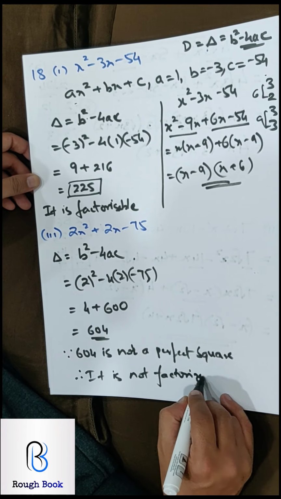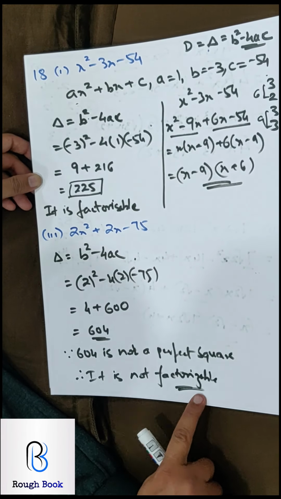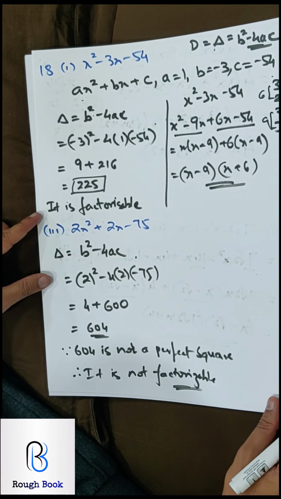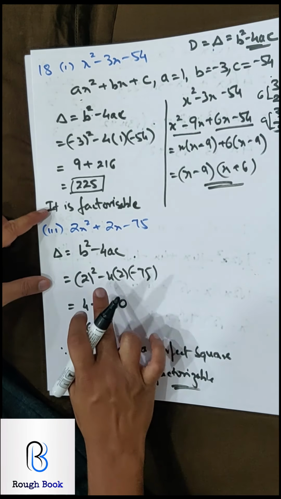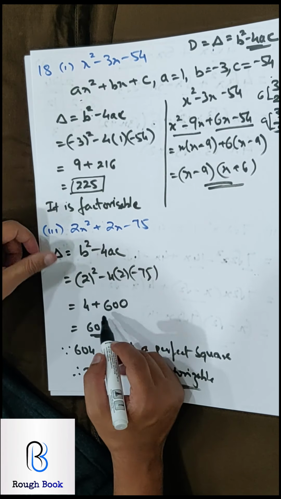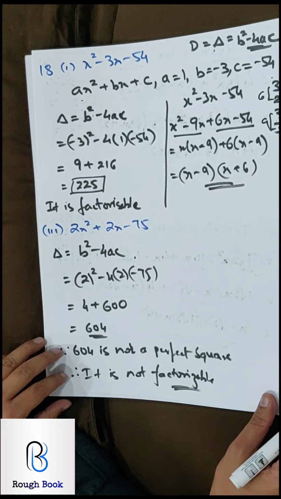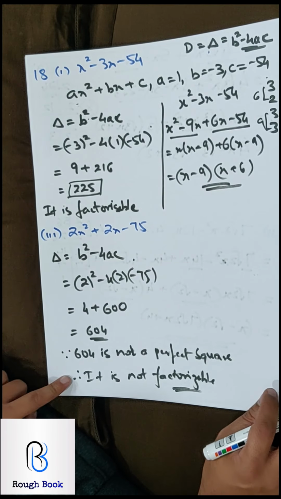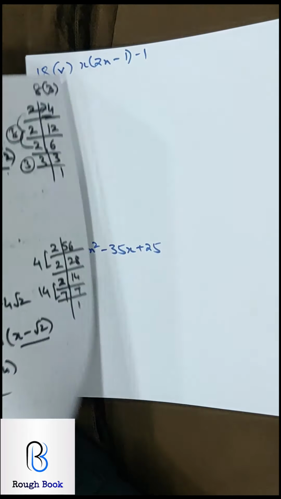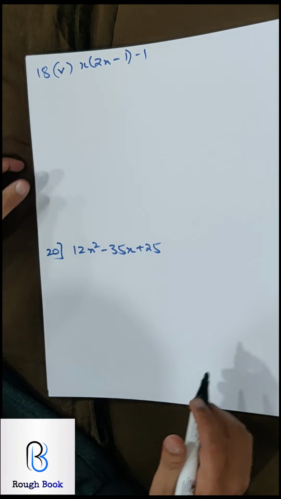I hope you are able to understand. Factorizable, this can be s or z, both are fine, so don't worry about your spellings. Right now be worried about your sum. Let me recheck this. 4 2s are 8, 8 5s are 40, 56 plus 4 60, 604, not factorizable. In fact, you would pray that it should be not factorizable so that you don't need to do this part, isn't it? Yeah. Come on, next.